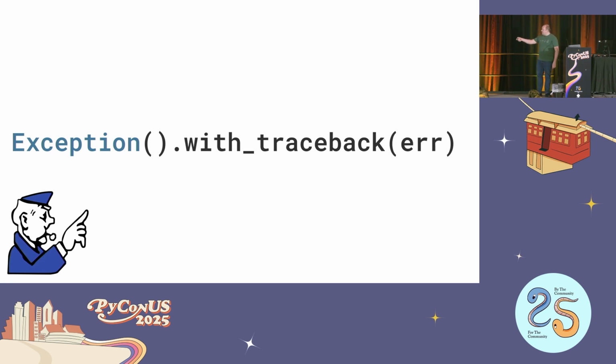This little Monopoly police officer icon is go to jail, which is what your colleagues will say if you overuse this code. So I've annotated my code snippets with little icons to help you track whether it's a good idea to do this most of the time. So exception with traceback lets you basically take a traceback, typically from another exception, and attach it to whichever exception you wish. This can sometimes be useful, but you should be aware that it modifies the exception object in place. It doesn't make a copy for you.